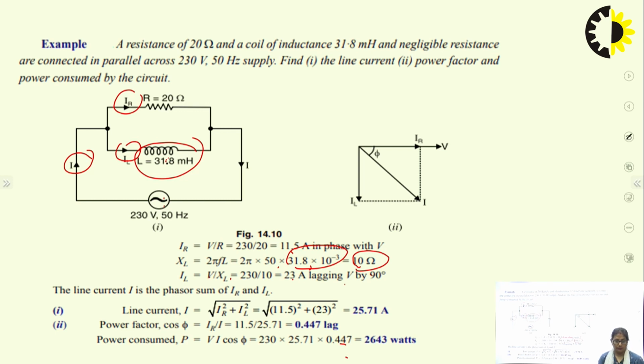What will be the power factor? The power factor can be given as the cosine of the angle between the total voltage and the current, or I may give it as the ratio of IR upon I. 11.5 upon 25.71, that is 0.447 lagging. And the power consumed, whenever it is asked, we are asking about the actual power consumed by the circuit. That is the active power, the real power, the true power, given by VI cos phi: 230 into 25.71 into the power factor, we got it as 0.447, that gets me